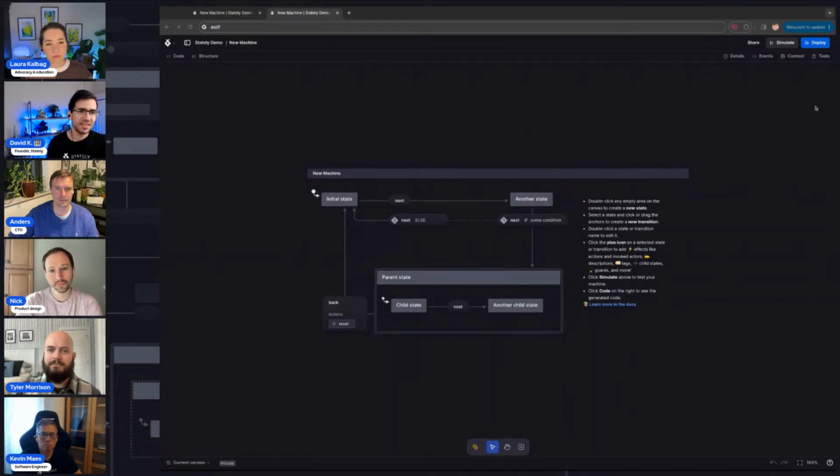But we want to take that vision a lot further, and that's why I guess the AI part of Stately.ai really helps us get to meeting developers where they're at, whether they're using XState or anything else. So we've been experimenting with this for a while, but one of the big things I want to show is